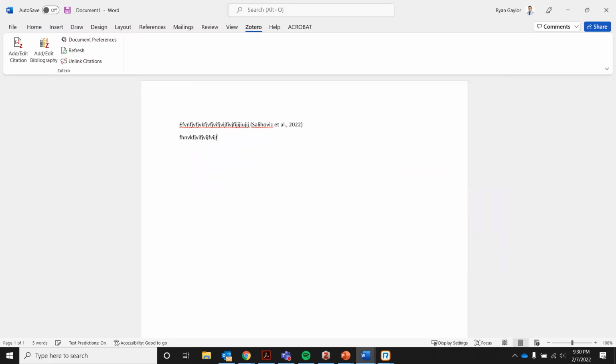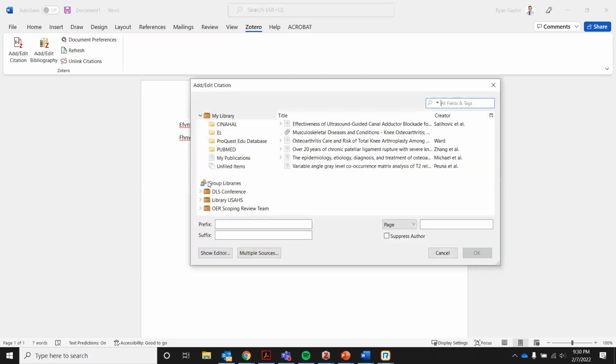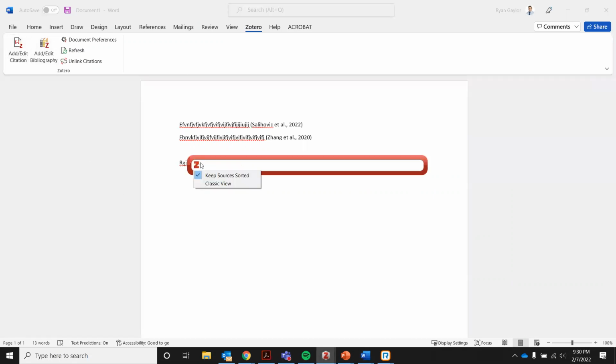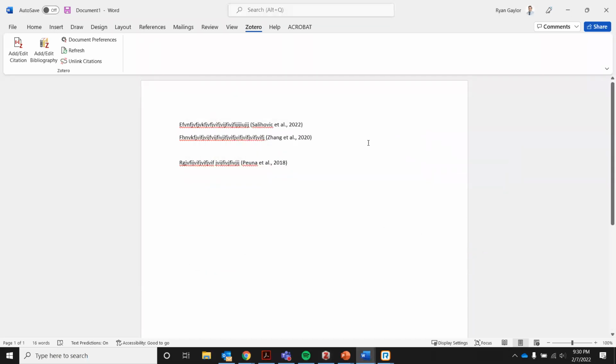And let's say I'm still writing and still going. I'll come to another place where I want to add another reference. I can do that. Of course, if I don't remember which one it is, I can go to that drop-down arrow, Classic, click on it, click on this. And I'm going to keep doing a few of these to show you what I'm talking about. And okay, so there we go. So we have these three separate references, and let's just pretend that what I'm working on here is a paragraph